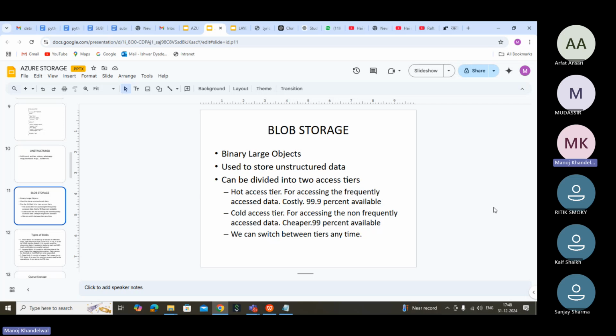Something you don't want immediately, so it will cost less. That is the benefit. Also there is availability: hot data is immediately available, cold data will take some time to become available.